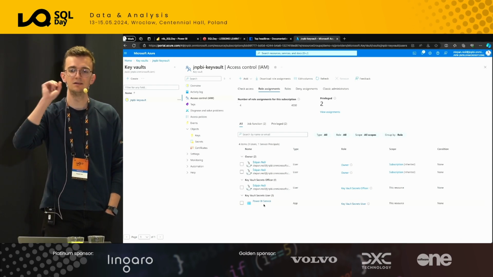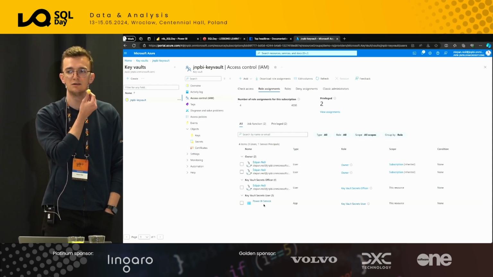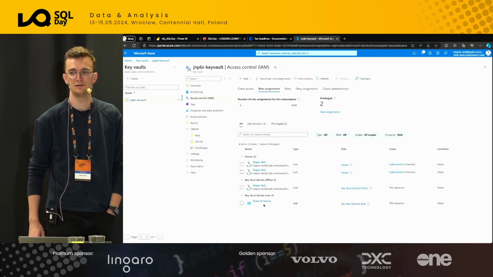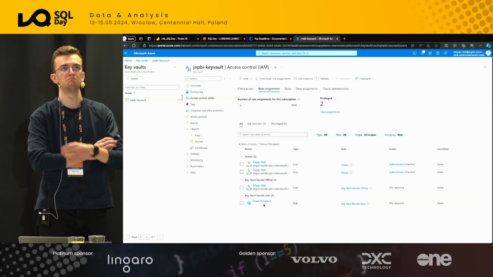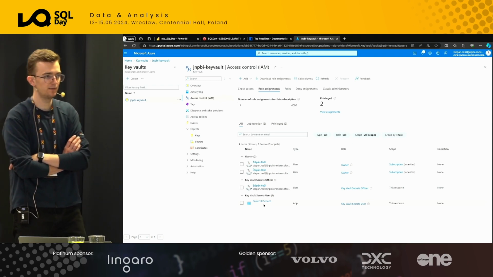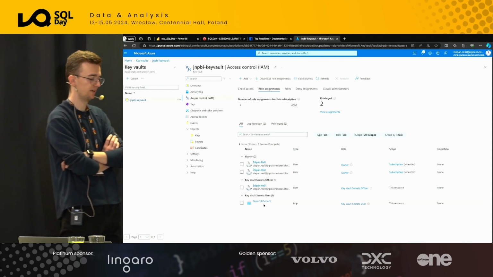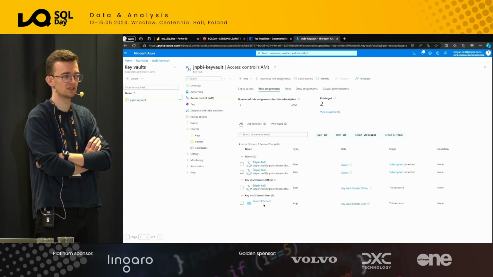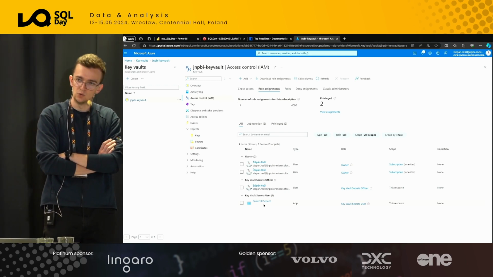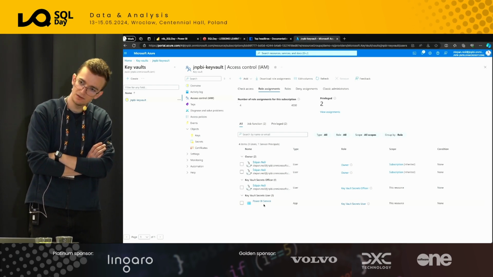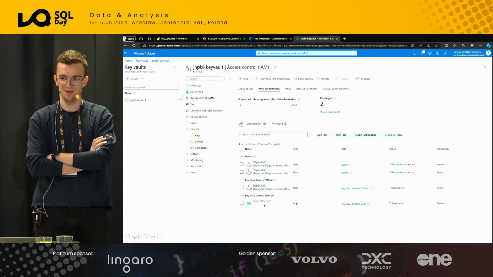Question: if I copy and paste the notebook from a Fabric notebook to an Azure Databricks notebook, will it work? That's actually a good question. If I do a copy paste from a Fabric notebook to Azure Databricks notebooks, I would assume that most of it should work. Not 100% sure, but